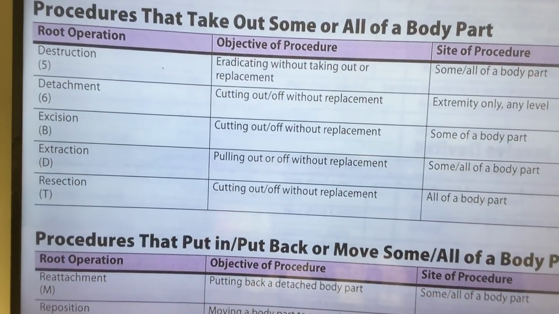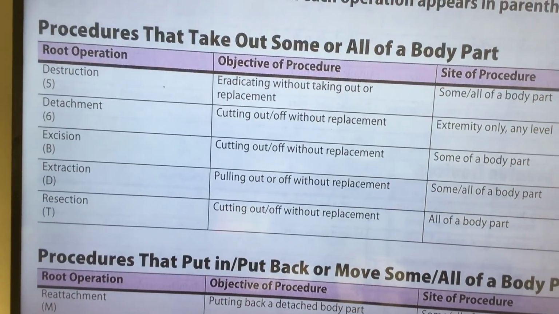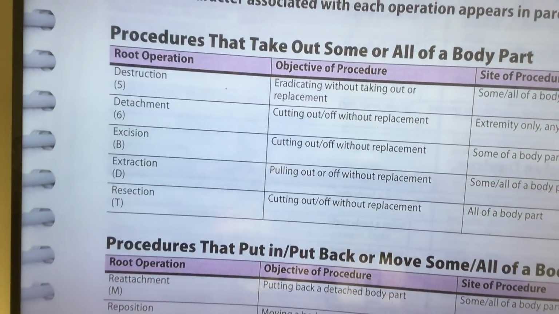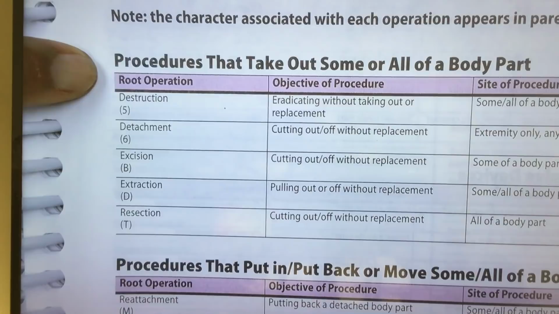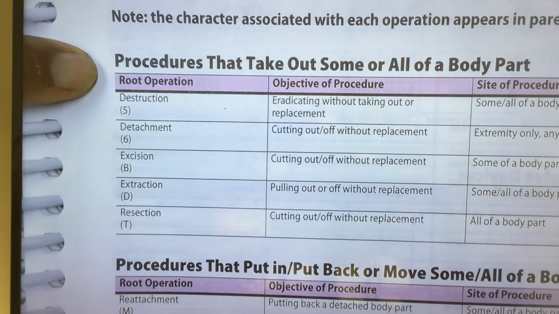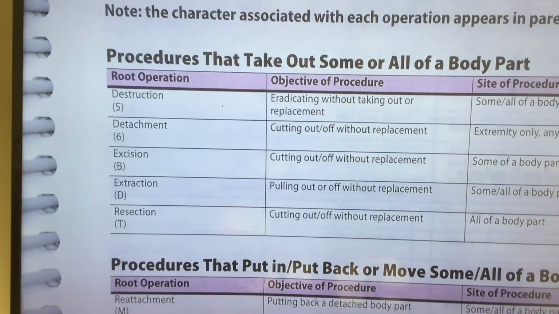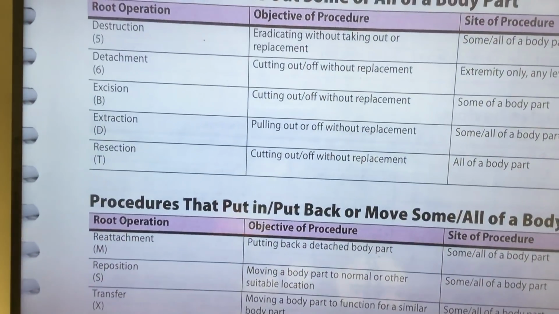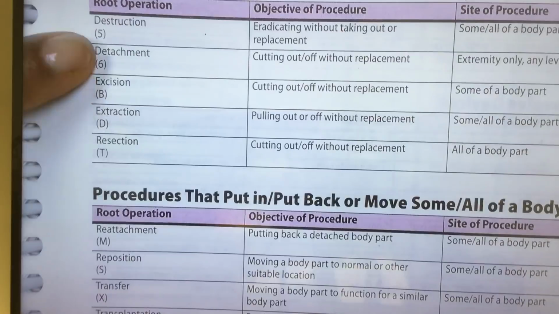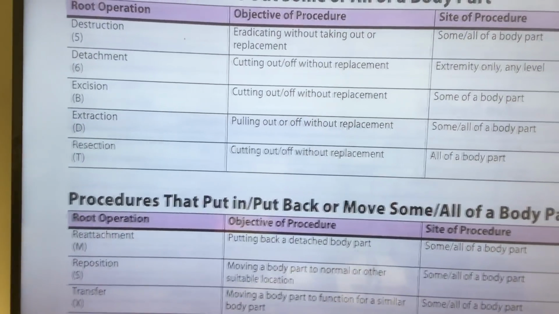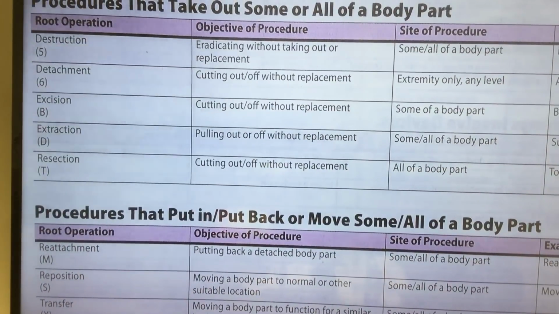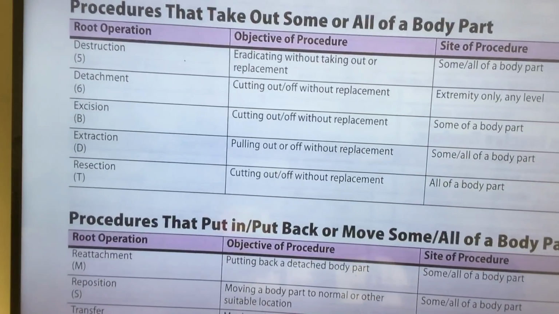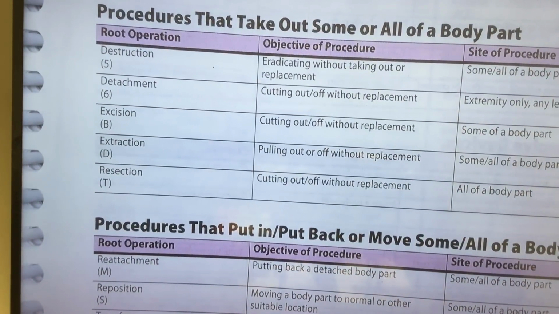What I like about this, here I'm noticing that these are the root operations that take out some or all of a body part, okay? But then it gives me my 5 root operations, and it allows me to do a side-by-side comparison on the differences between them. So for example,